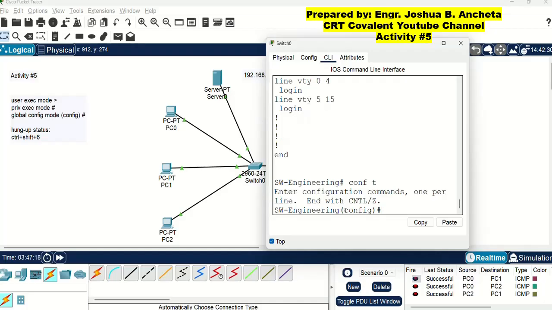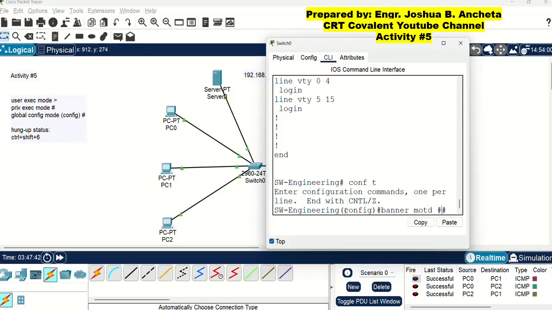And for this global configuration mode, our command is banner MOTD. So MOTD stands for message of the day, then space, then type two number signs, and between the number signs, we can type the welcoming message.